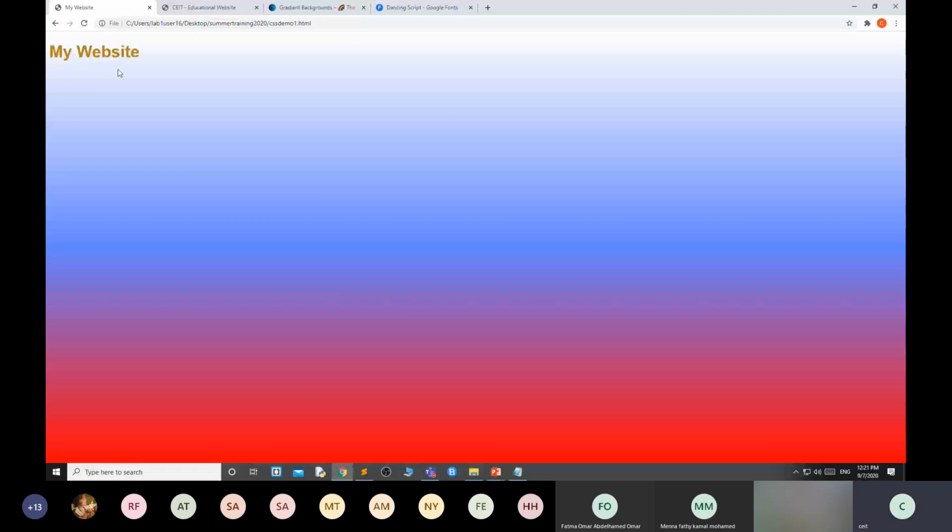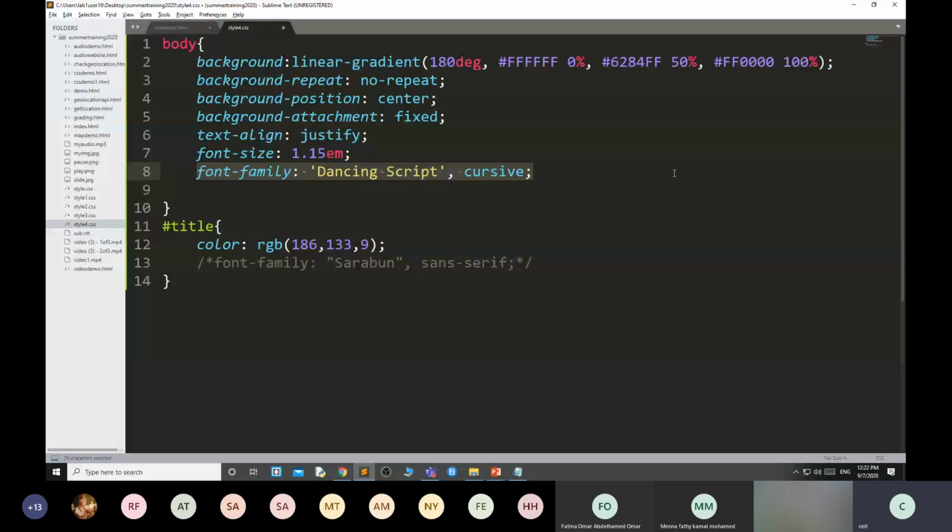It overrides. If you want to keep that font, then you have to omit this line. By default, this is my font for the whole document. Whichever part you want to change, you can override that part.